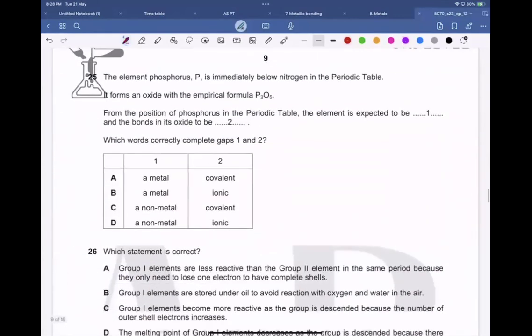Okay. Now question number 25. The element phosphorus is immediately below nitrogen in the periodic table. Yes, in group 5, there is nitrogen, the first element, and then we have phosphorus. It forms an oxide with the empirical formula P2O5. From the position of phosphorus in the periodic table, the element X is expected to